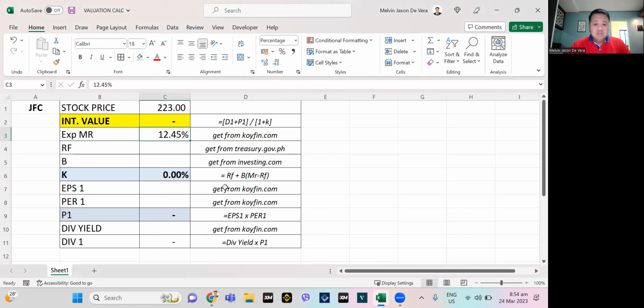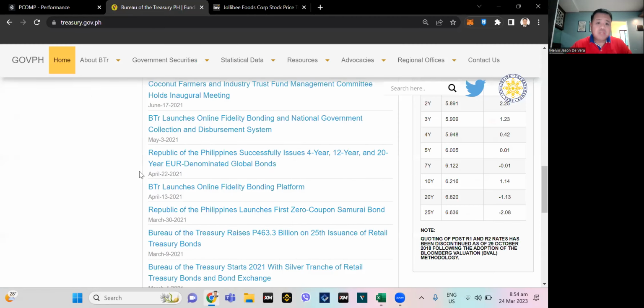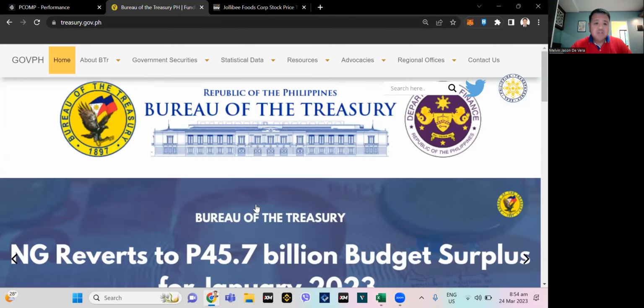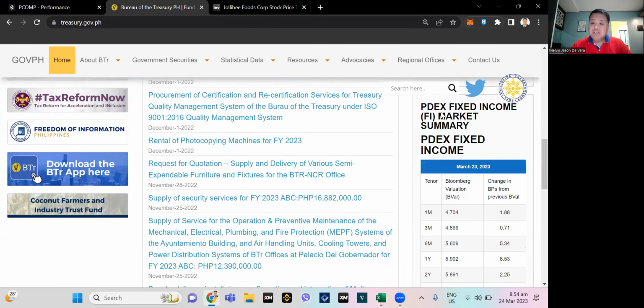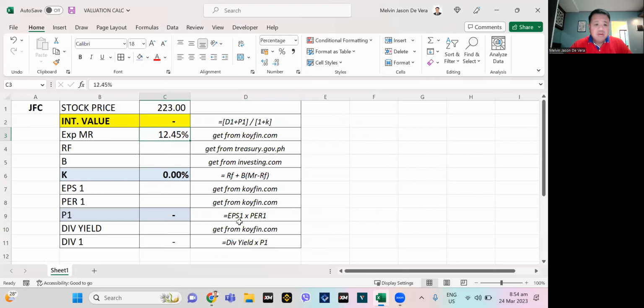Okay. So now we're going to get the Treasury rate. All right. So we go to the Bureau of Treasury. So this is treasury.gov.ph. All right. So from there, you just scroll down. Go to the PDEX. This is the Philippine Dealing and Exchange System. Fixed Income Market Summary. And as mentioned, you get the 10 years. So it matches the tenor of your performance of PSEI. So we get 6.216%. Okay, so we go back here. So this is now